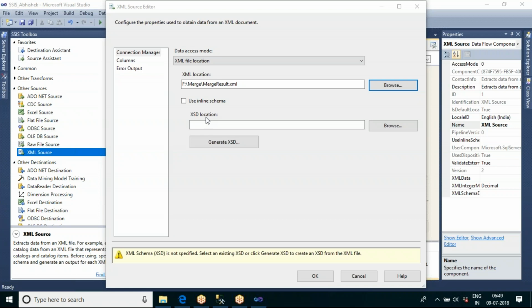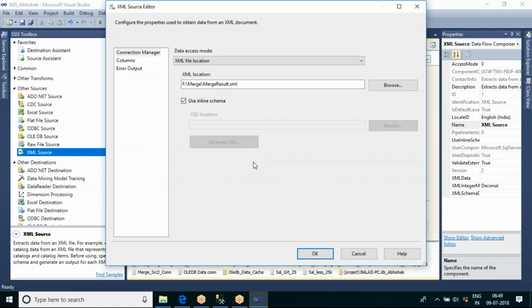So what is the data type? Metadata information. Okay, so do you want to generate metadata information for this XML file, or if that information is already generated, do you want to use it?